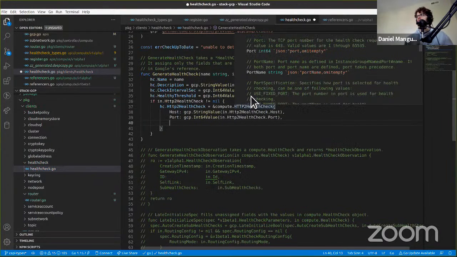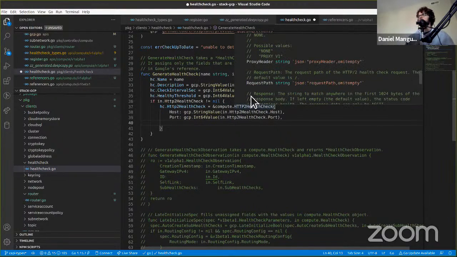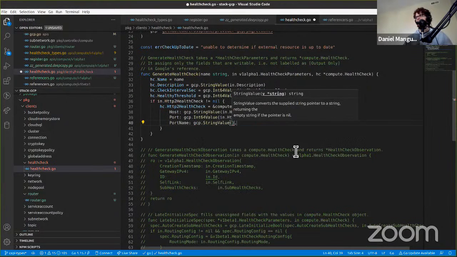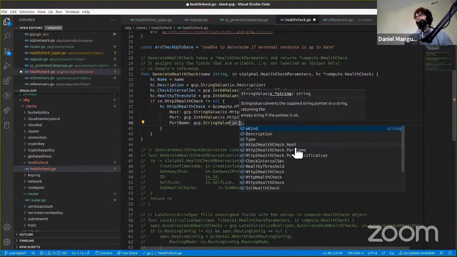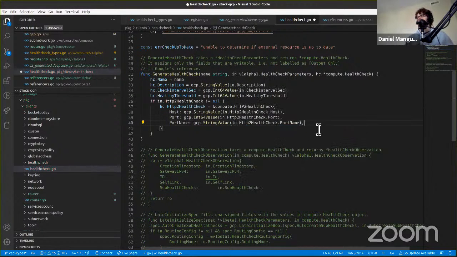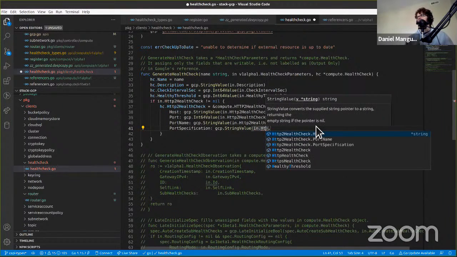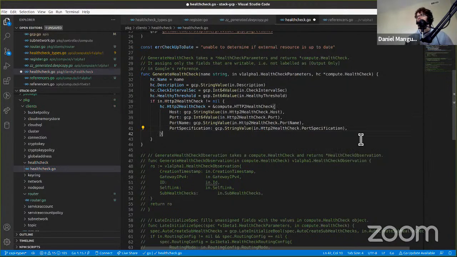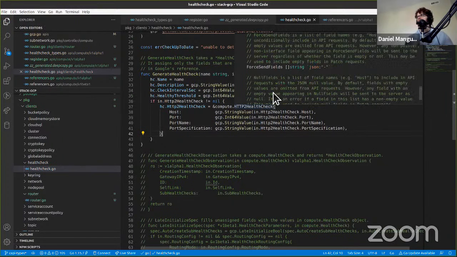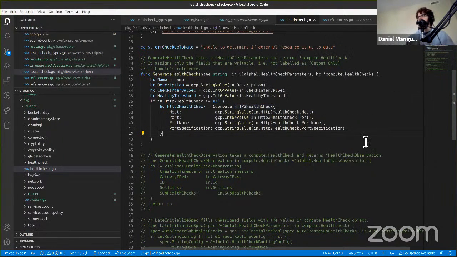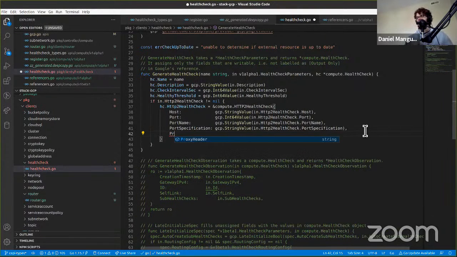And what's next? Port name. I'm going to go ahead and look at port name, port specification, port name. GCP dot string value in dot HTTP2 port specification. What else do we have here? Request path, proxy header, and request path and response. Proxy header